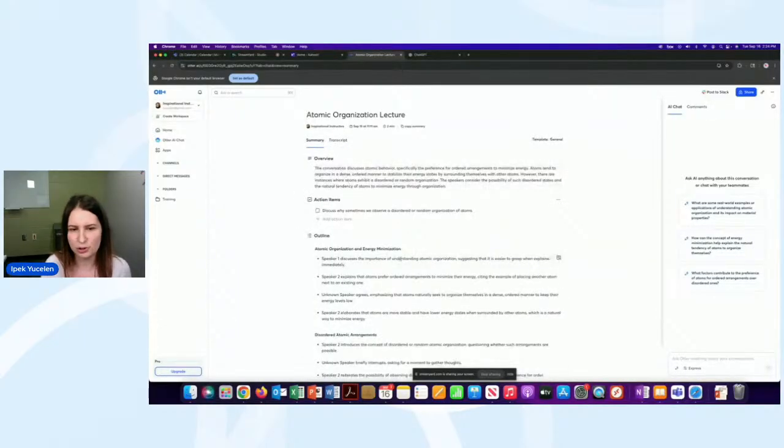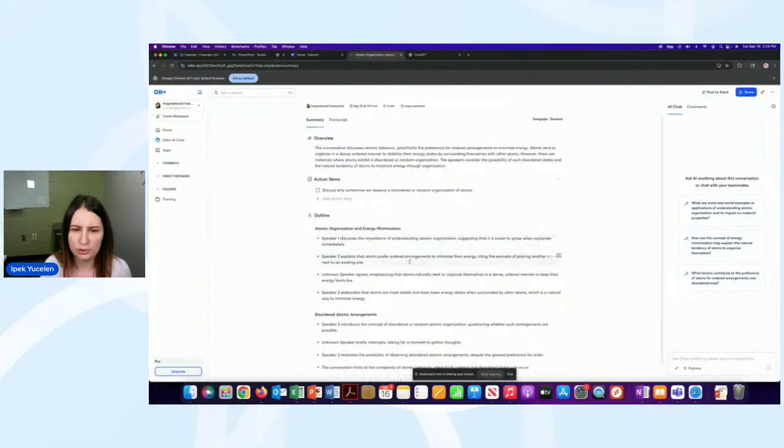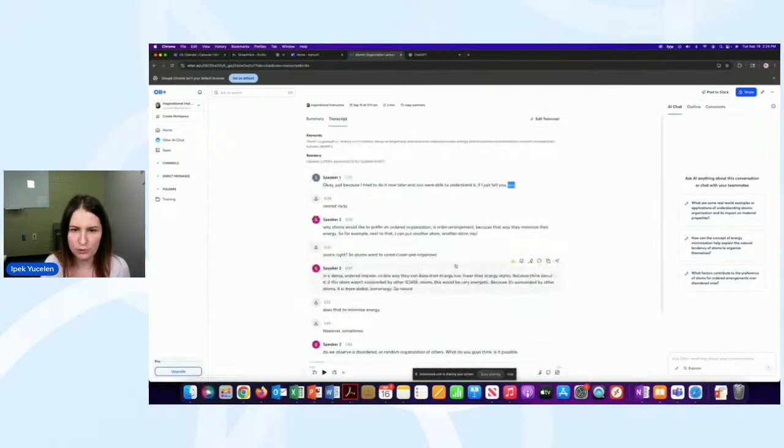If a student wants to go to the place where you are talking about an item, he or she can just click on it and view it in the transcription. If you click on those words, you're going to hear my voice. I don't know if it's going to work now. Okay, so that is how Otter AI works.